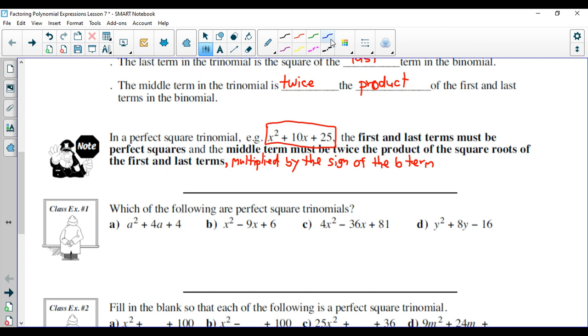Okay, so I'm going to spell this out a bit. So I'm going to say, if you have a perfect square trinomial,